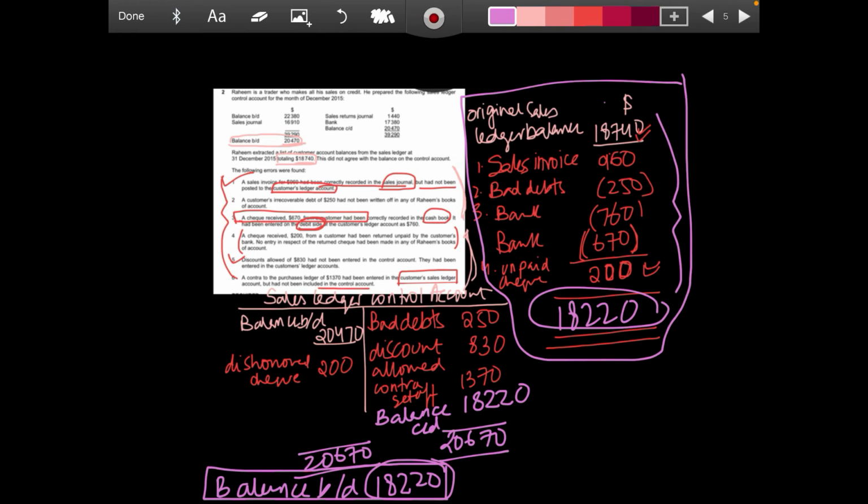And if the error says that the entry has been completely omitted or no entries have been made, this means the error has affected the balance of the control account as well as the balance of the individual ledgers. So you have to mention it on both sides and adjust the control account accordingly. Okay, so there might be some tricky